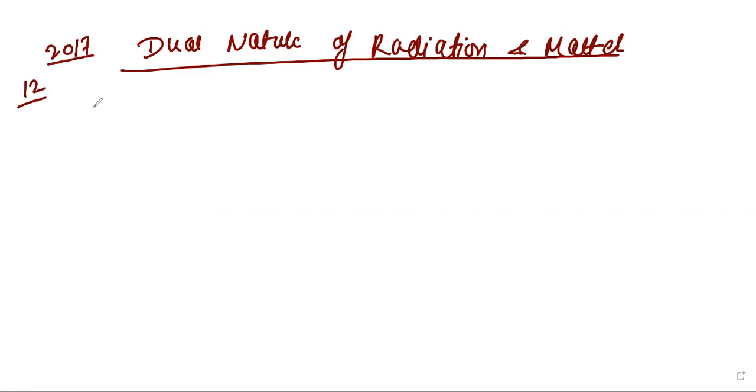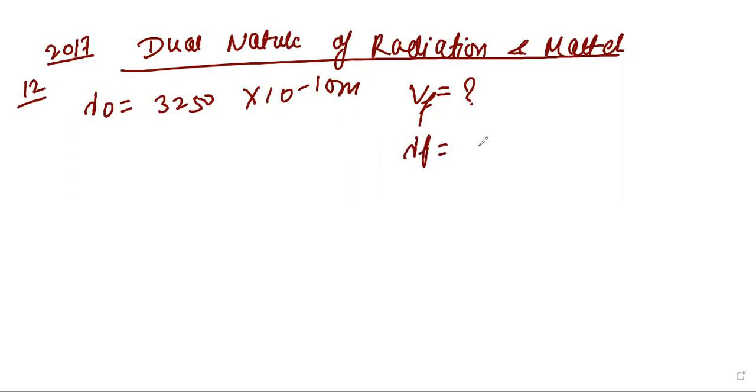The photoelectric threshold wavelength of silver is given. Threshold wavelength, that is lambda naught, is equal to 3250 into 10 raised to minus 10 meter. The velocity of the electron ejected from the silver surface is V. You have to find V. Ultraviolet light of wavelength lambda final is given,